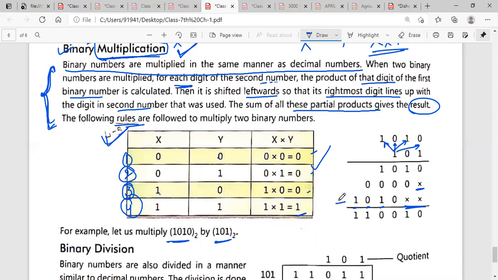Now we will add these numbers. Okay, 0, here is only one digit, and we will write 0, and 1 plus 0 is 1, and here all are 0. Then 0 plus 1 is 1, and 1 plus 1 is 0, and here we will use a carry. Okay, here 0 plus 0 is 0 and 0 plus 1 is 1. Okay, and only 1 is here, write 1. Okay, we will do the addition. We can use the binary addition method here.